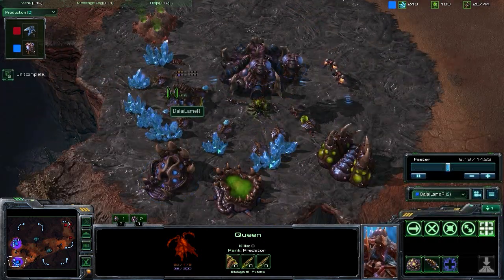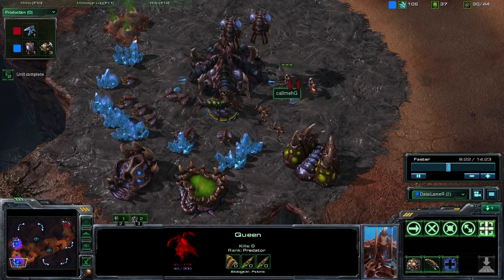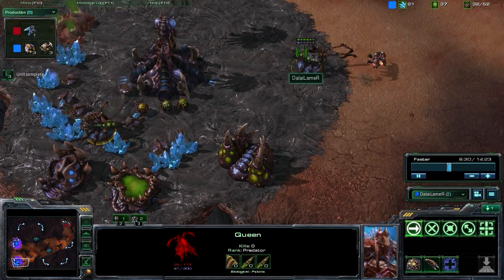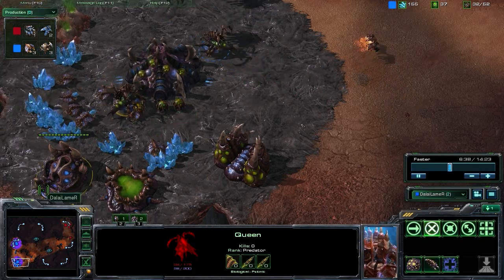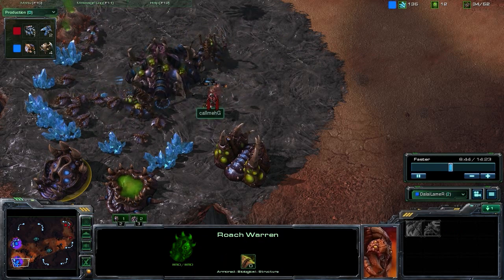Now of course you do need to be very careful, because these Reapers can dance around the queen, especially with that speed upgrade. So it's going to be tough for you to do damage if your opponent is good at microing those Reapers. That second queen is going to be pretty vital, and again, trying to fend off any Reaper harassment super early on. Now we do have this first batch of Roaches coming up, and that's really going to be what's going to push back